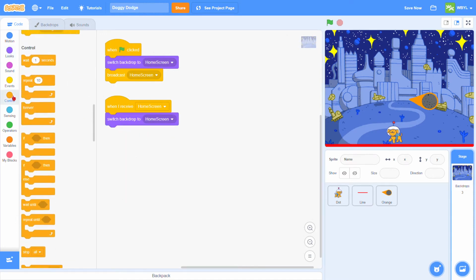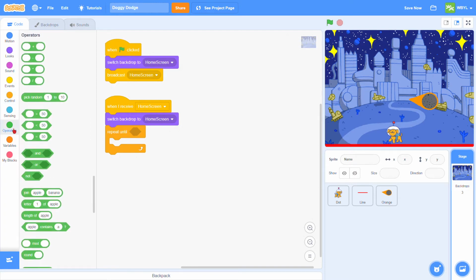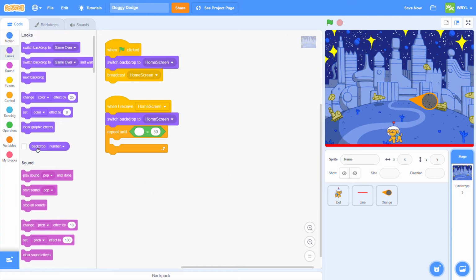Go to control. We're going to go grab a repeat until loop. Make sure it's the repeat until, not a repeat 10, not an if then or a forever loop. You need repeat until and then a diamond shaped blank. We will go to operators, grab this blank equals blank, then we're going to go looks, backdrop number equals 2,